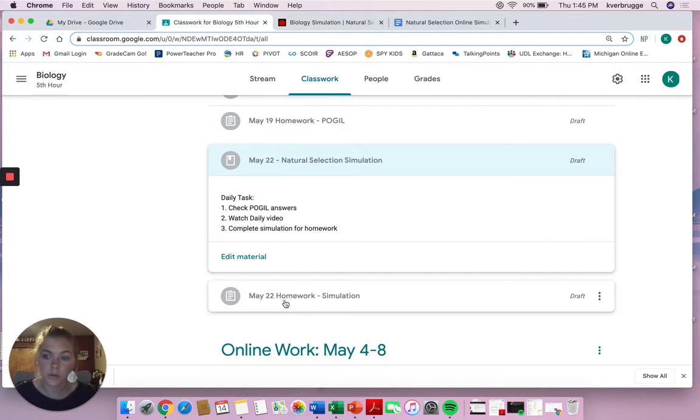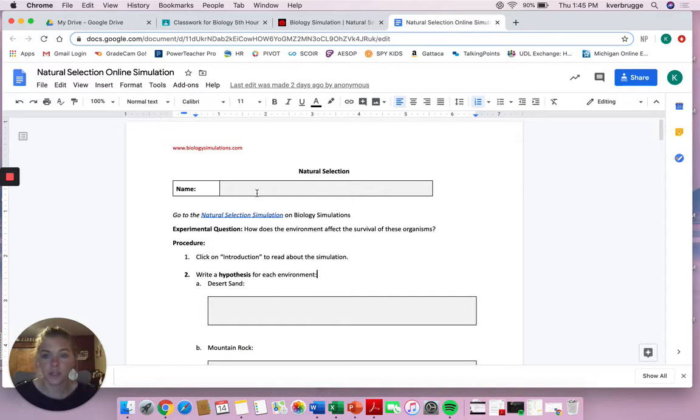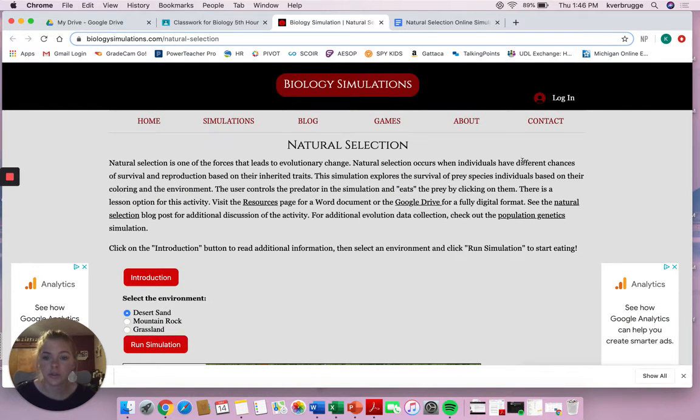So I just want to go over what the simulation will look like so that you don't get confused. So when you click on this document, it'll bring you here. You can type directly into this document once you make a copy of it. So you're going to type directly into this. Give your name, and then you're going to be going to the simulation page. That'll bring you here. Please make sure you're reading this thing up here,